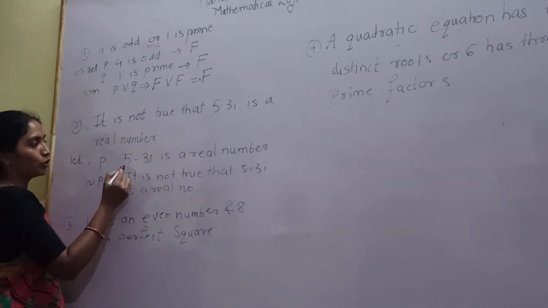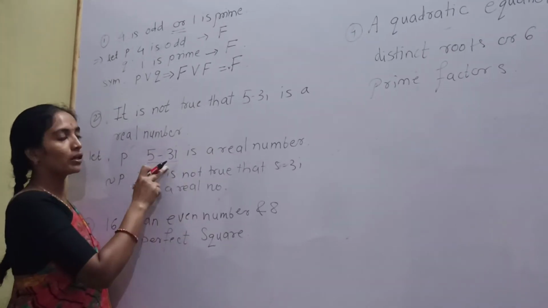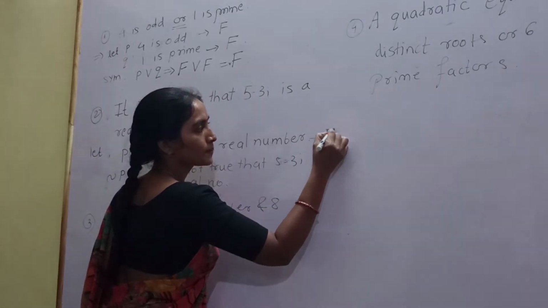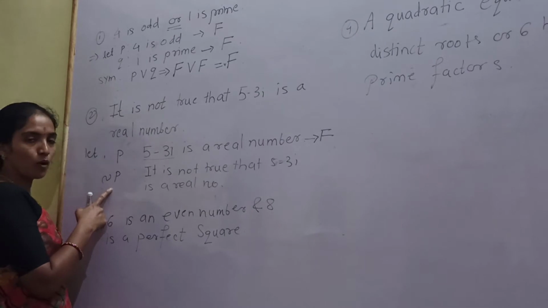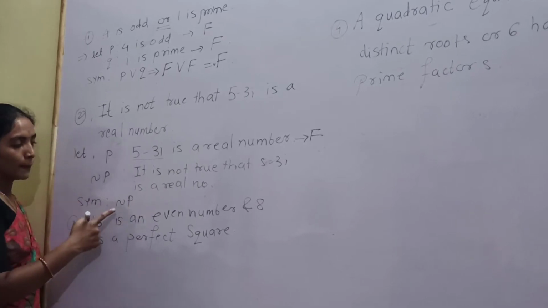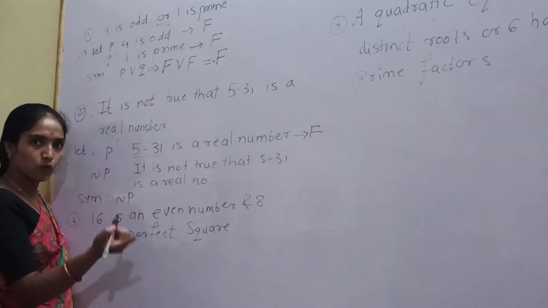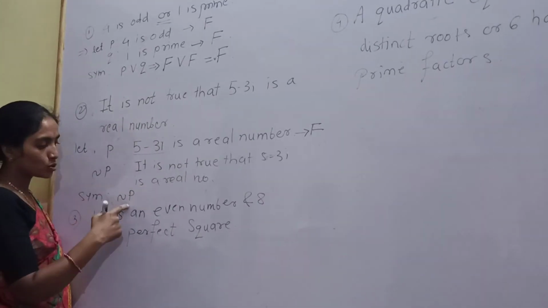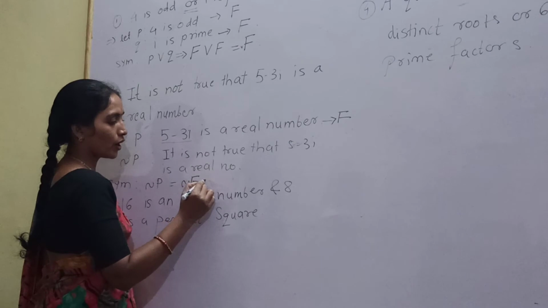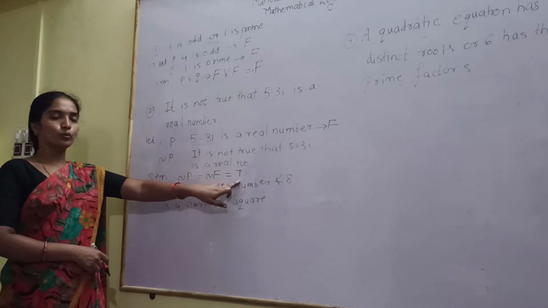Okay, we know that 5 minus 3i is of the kind a plus ib, which means this is not a real number. This is a complex number. Therefore, the truth value of the statement P is false. And the symbolic form of the given statement is negation of P. This means if P is true, then the truth value of the given statement is false. If P is false, then the truth value of the given statement is true. Therefore, P is false, so negation of F is true. Therefore, the truth value of the second example is true.